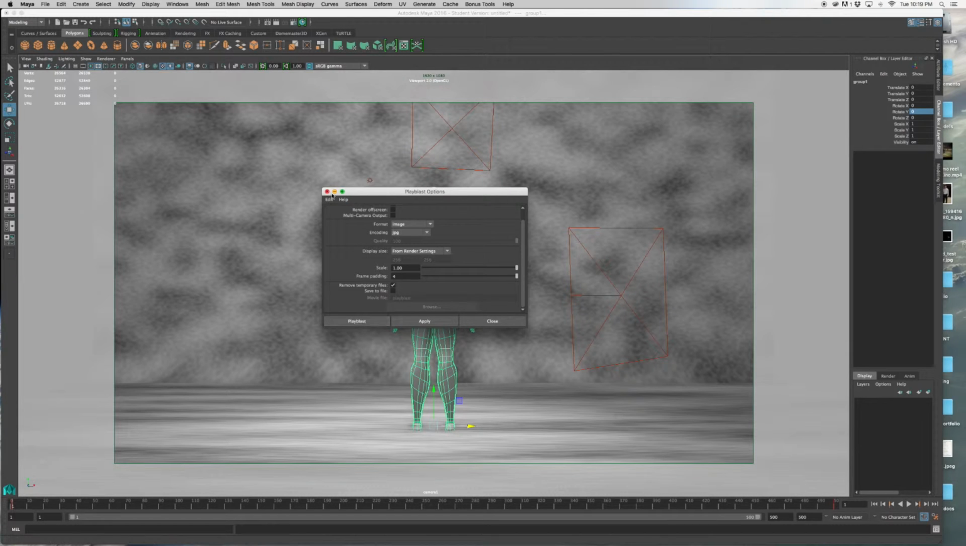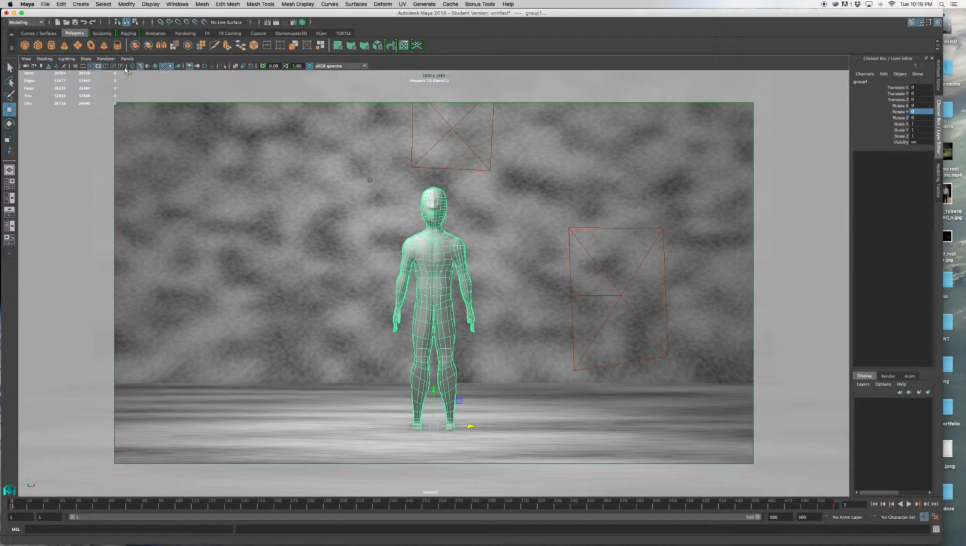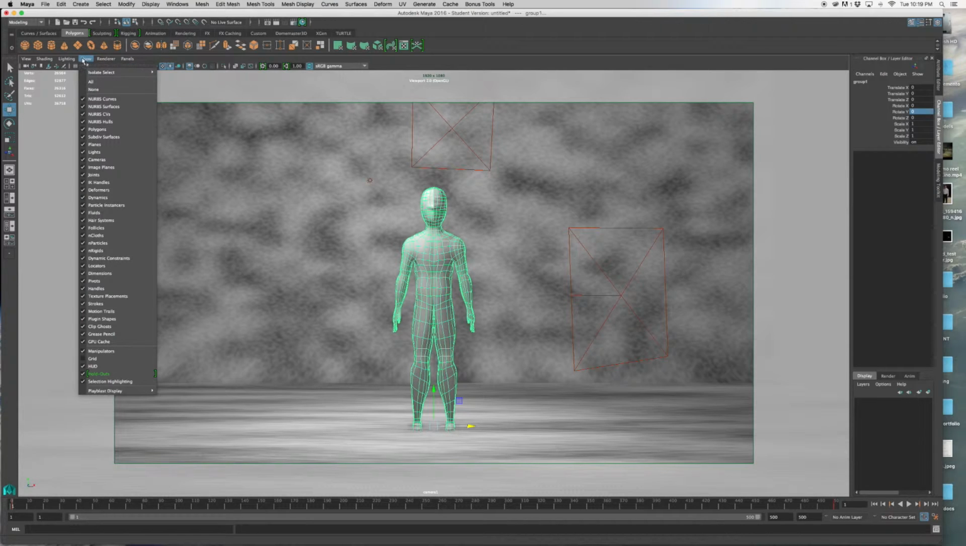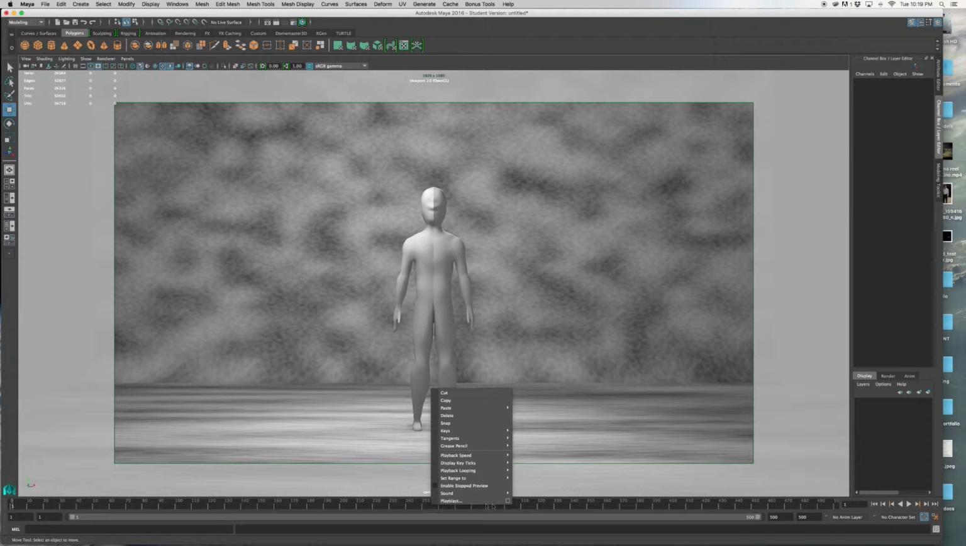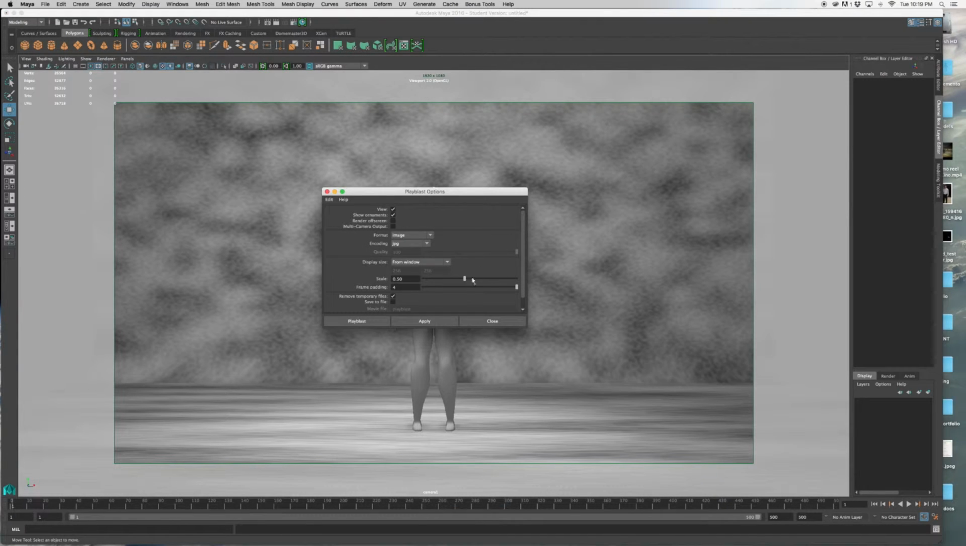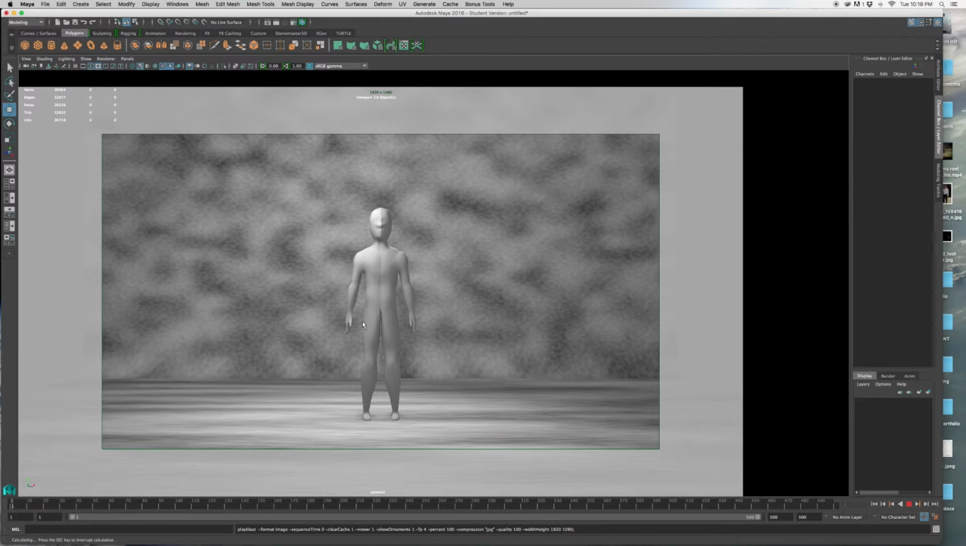Right before I click Play Blast, I have to make sure that I have to turn off my lights, and I have to select in the empty space. Now I can do my Play Blast. Right click Play Blast option box, and just make sure that we have everything set correctly. I'm going to let it render, and when it's done rendering,